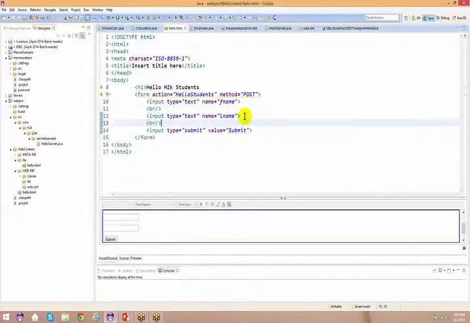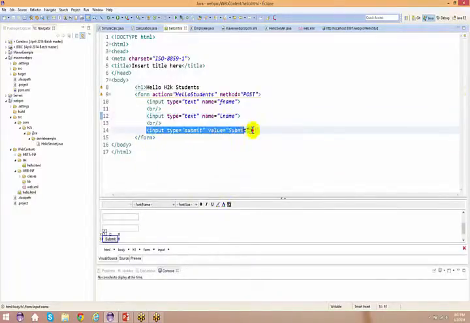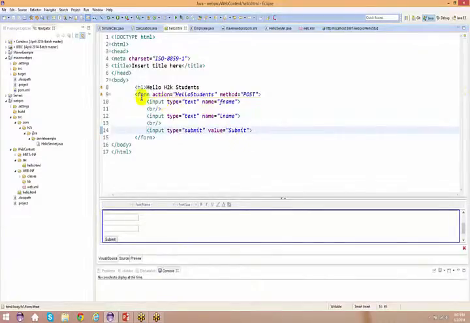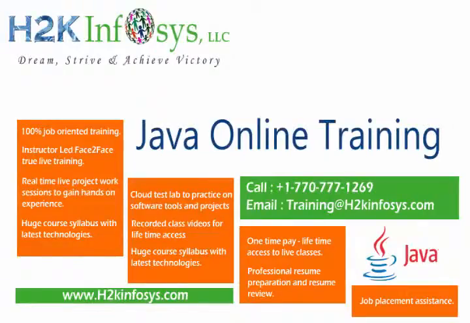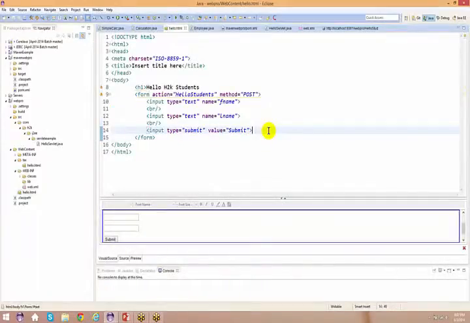So what did I do is I basically created an HTML file, and with the help of that HTML file, I'm going to give the first name and the last name. Once I give the first name and the last name, I just want to submit that page. As a result, I want to capture the information which has been submitted from this form. So this is an HTML form in which you can give all the inputs. This is the placeholder wherein you can type in something so that you can send it to the server.